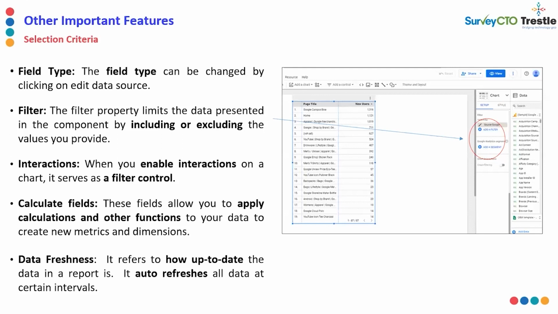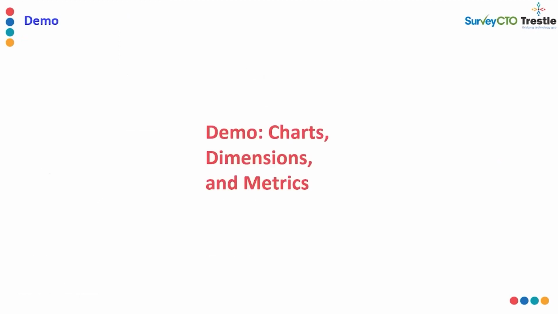Then you also need to add certain calculated fields. For example, if you already have data like 1 or 0 and you want to convert it into yes or no, you can add a calculated field that will automatically do that, or count how many yes and how many no there are. And you have to define the data refreshness as well, that is, at what time this dashboard needs to be refreshed. So these are some of the important points in a dashboard.